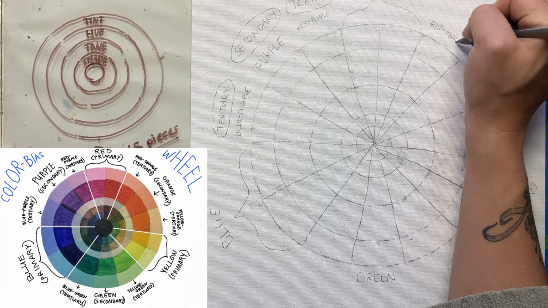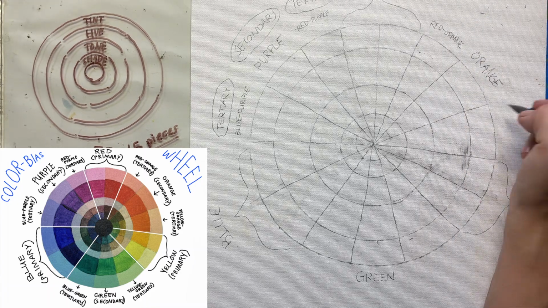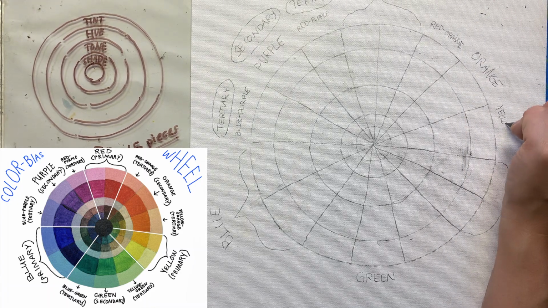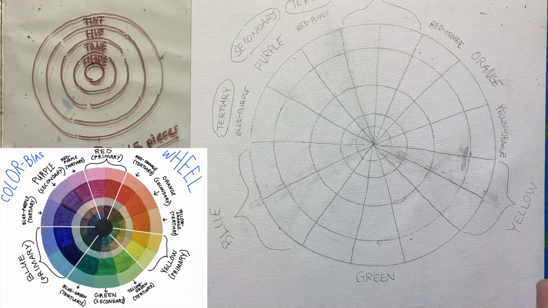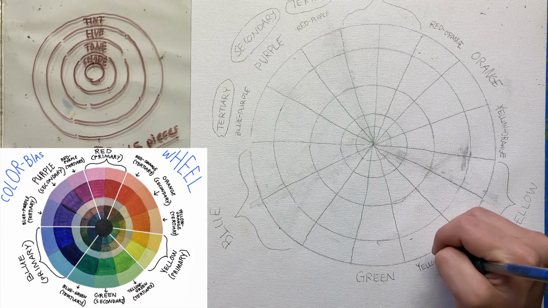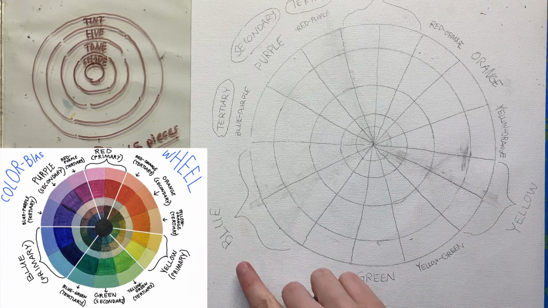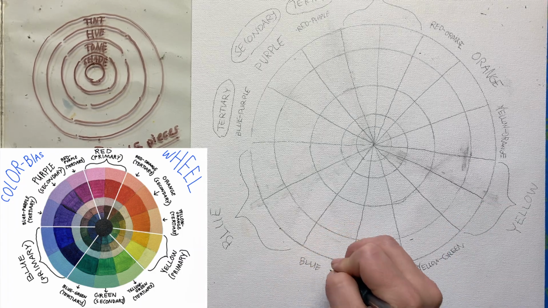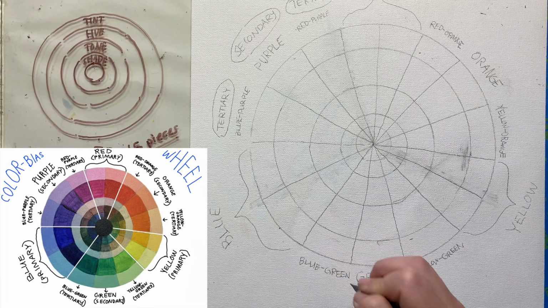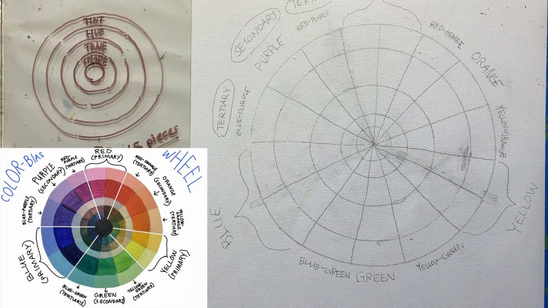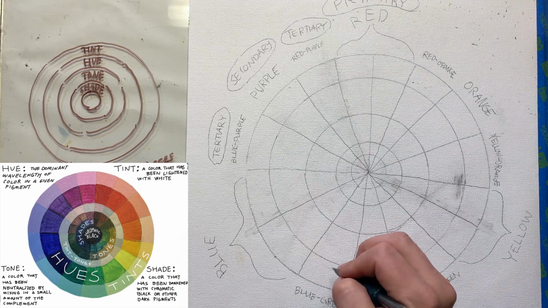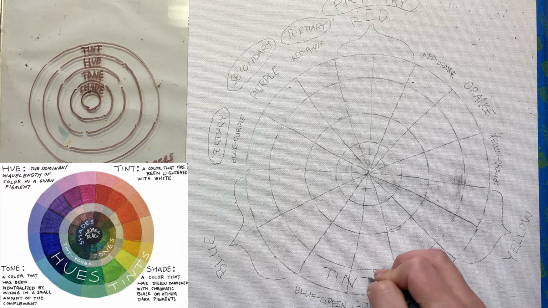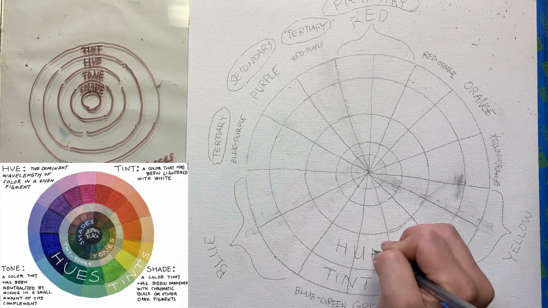Then I recommend placing the secondaries, which are purple, orange, and green, in the middle, halfway between your primary tones. You'll then have one triangle left in between your secondary and primaries to place your tertiary colors, like blue purple, red orange, blue green, etc. Then I recommend labeling where your tints, hues, tones, and shades are going to go and getting set up to